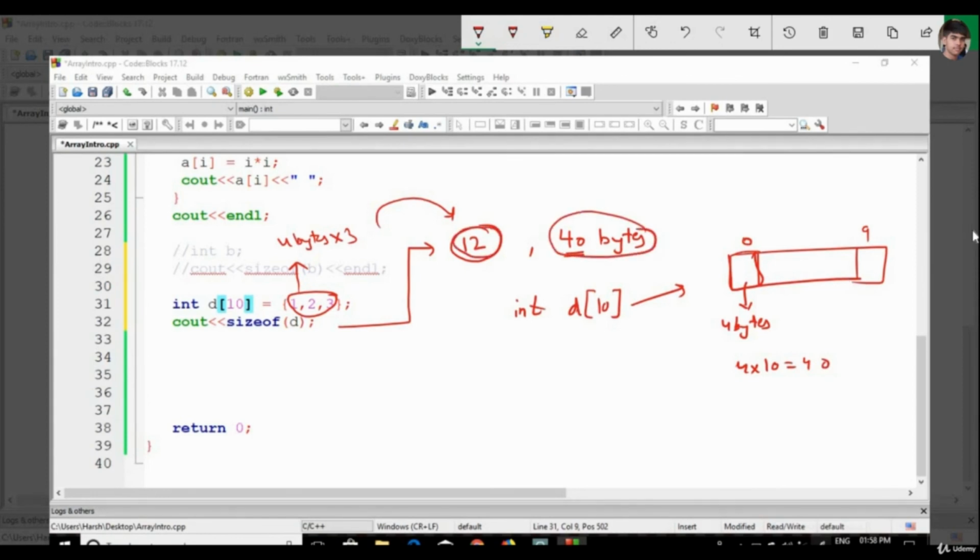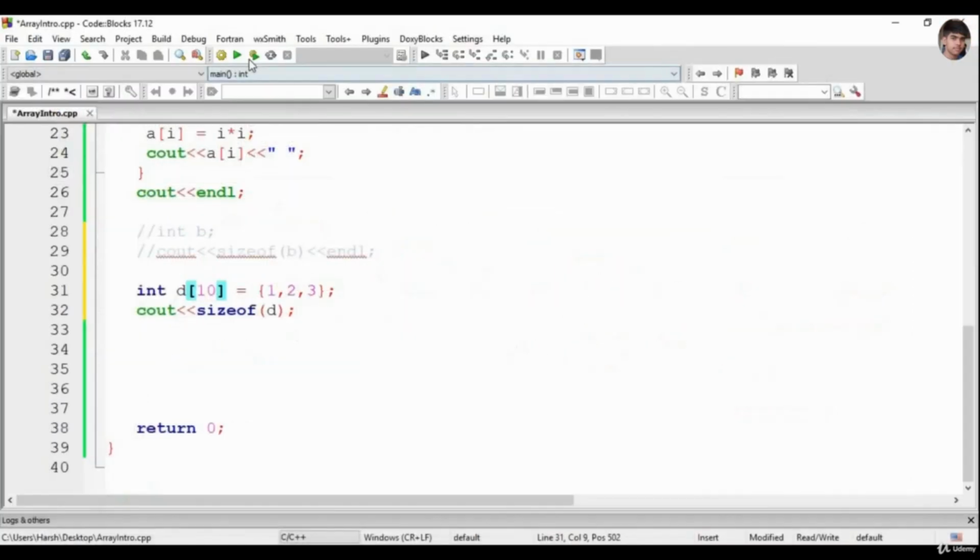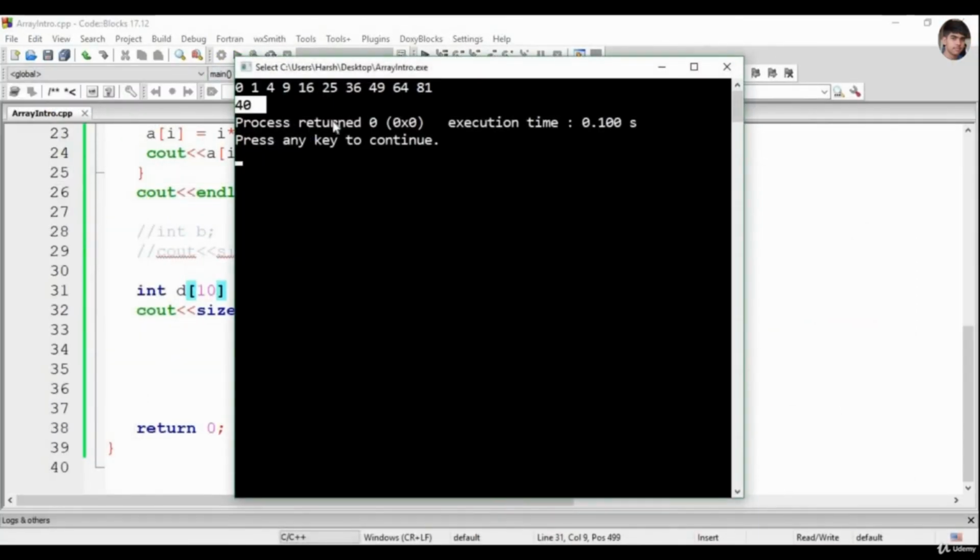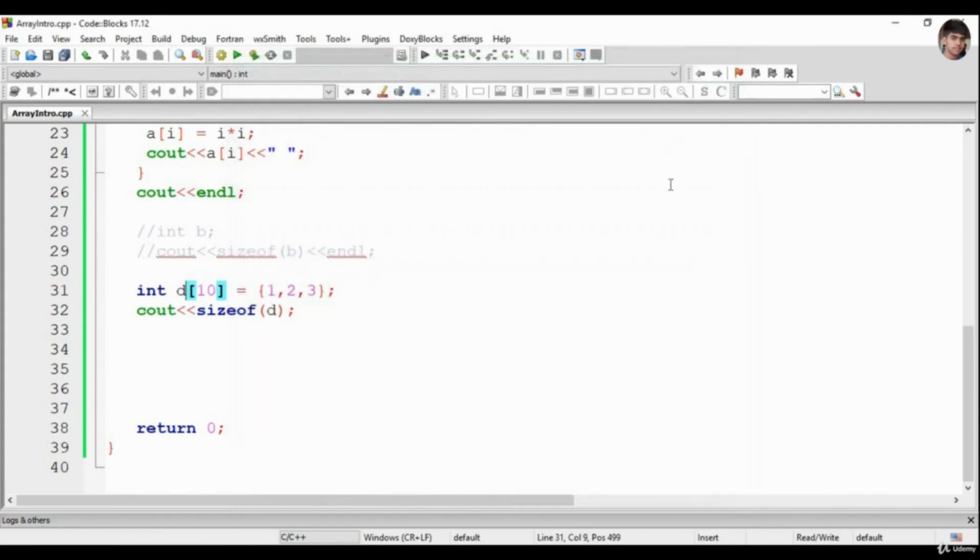Okay. So my output is coming out to be 40. And it was obvious also. You have made 10 boxes, each box is an integer, hence each box is of size 4 bytes, and there are 10 such boxes. So size of array d will be 40.